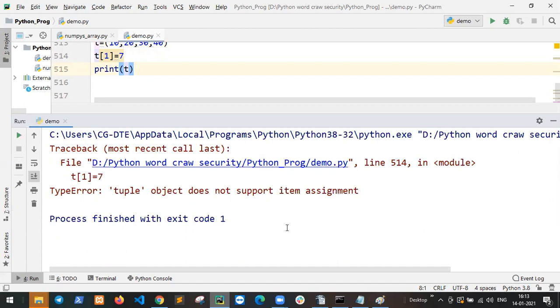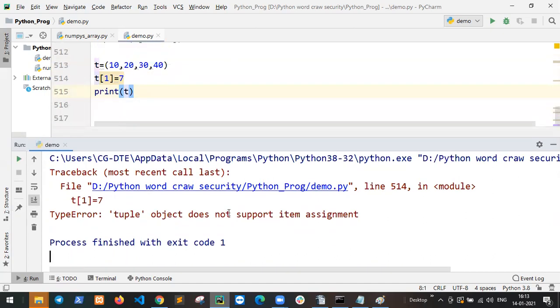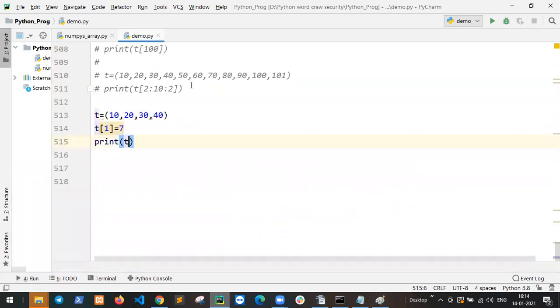Yes, I understand now. The simple way is that a tuple does not support item assignment, because a tuple is immutable, not mutable. Got it?